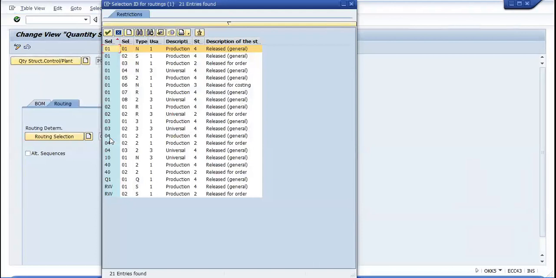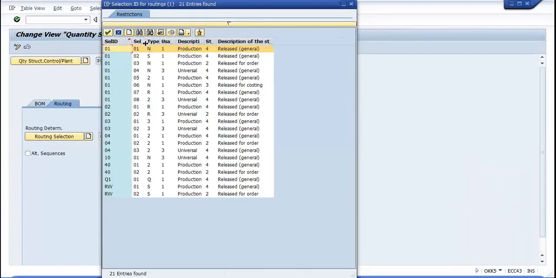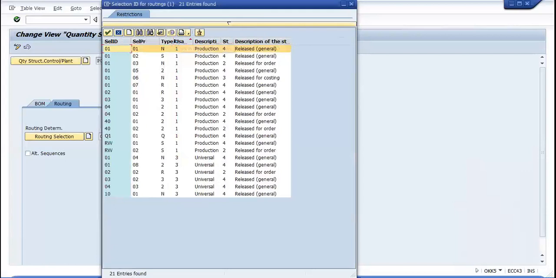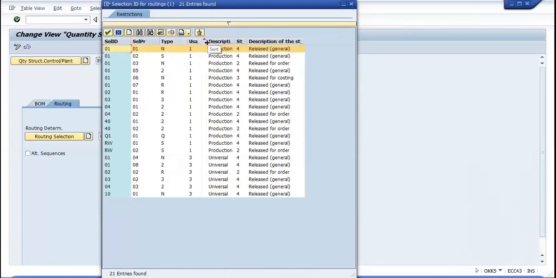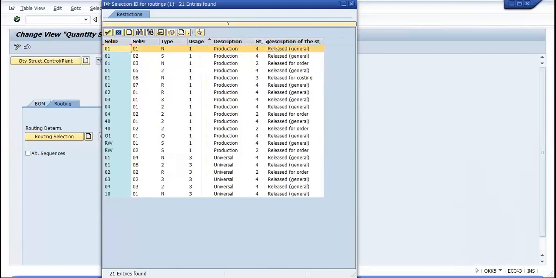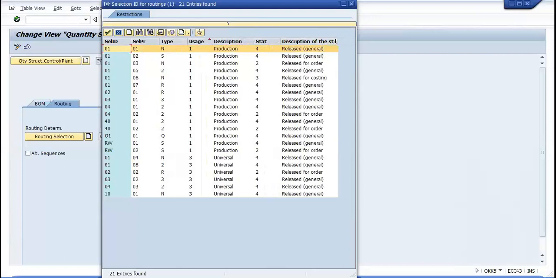So these are my routings. Here we do the selection ID for routing.